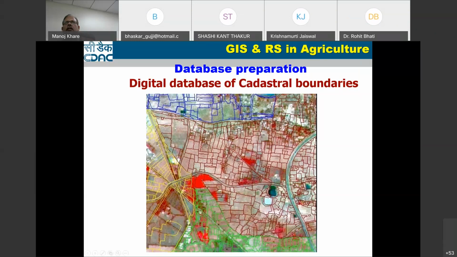Even government has started that, they did the aerial photography. From aerial photography, then you can generate the cadastral map. Now the Survey of India is also doing the drone survey. From the drone survey, they are digitizing the cadastral map boundaries. They will take the photograph of that entire area, then bring it into GIS. Then they digitize all the farm boundaries and give the ID for each owner name, all those things. So the digital cadastral data can be generated.